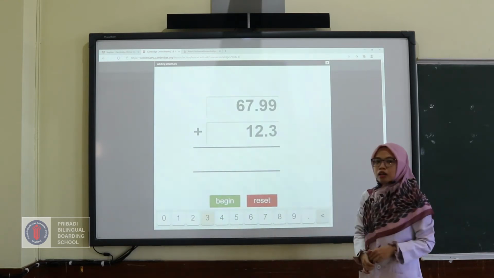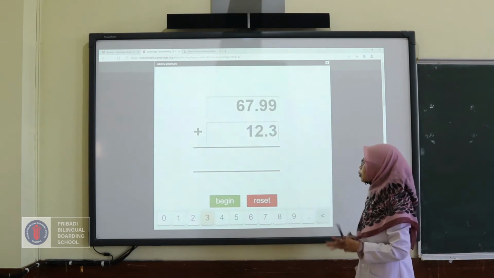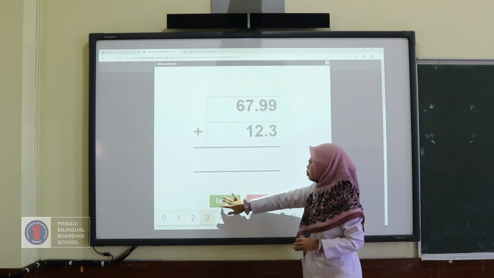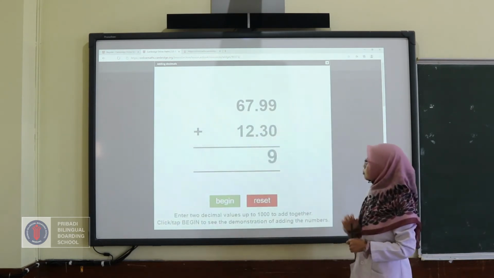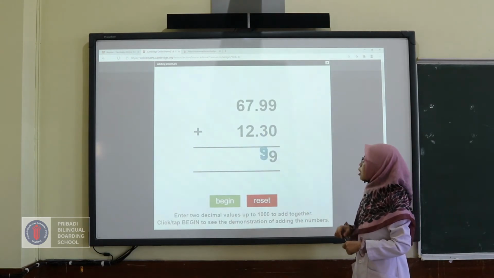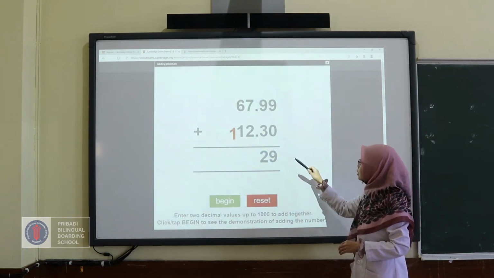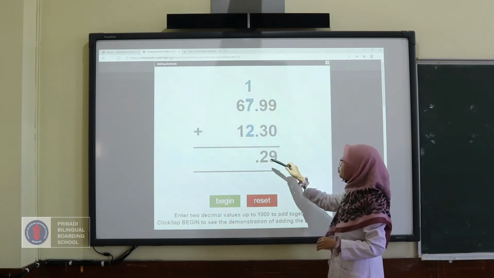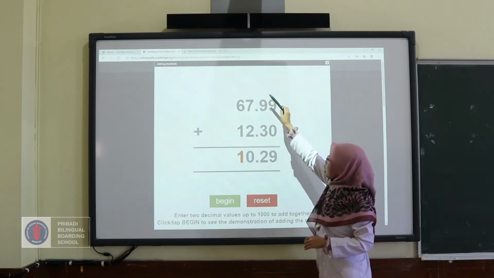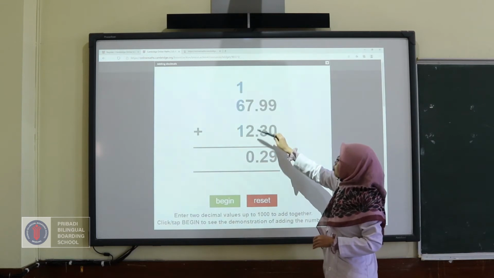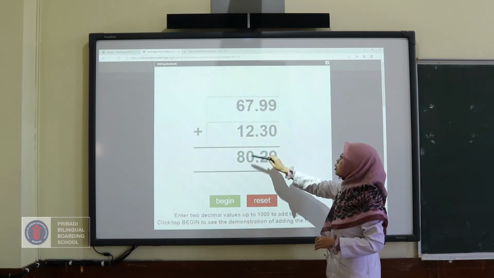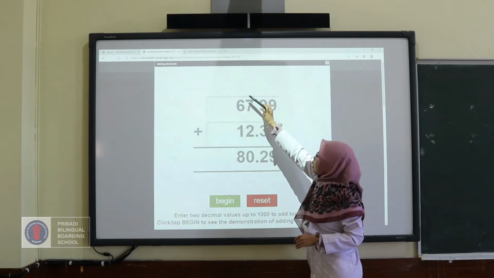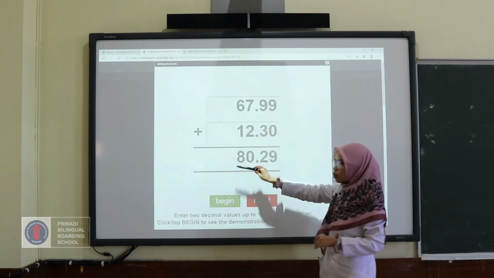Now the system will process your addition. Let's begin. 9 plus 0 is 9. 9 plus 3 is 12. So you put 2 here and then carry 1. And then 1 plus 7 plus 2 is 10. Put 0 here. Then carry 1, and 1 plus 6 plus 1 is 8.